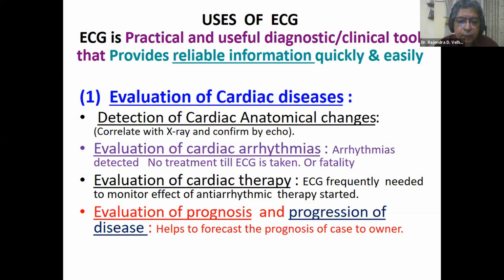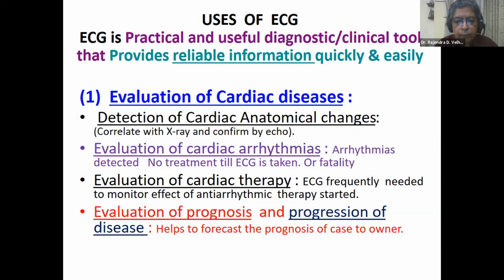With the help of the stethoscope, you are able to detect arrhythmias, but you are unable to identify the type of arrhythmia unless you record the ECG of the patient, whether the arrhythmia is of atrial type, ventricular type, or just a benign vagal arrhythmia. Because unless you identify the proper type of arrhythmia, the proper therapy for it cannot be instituted. And haphazard therapy for arrhythmia is a certain invitation for fatality.